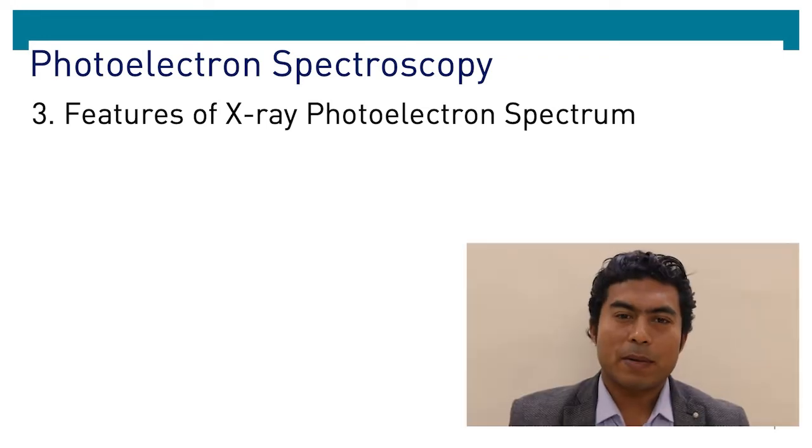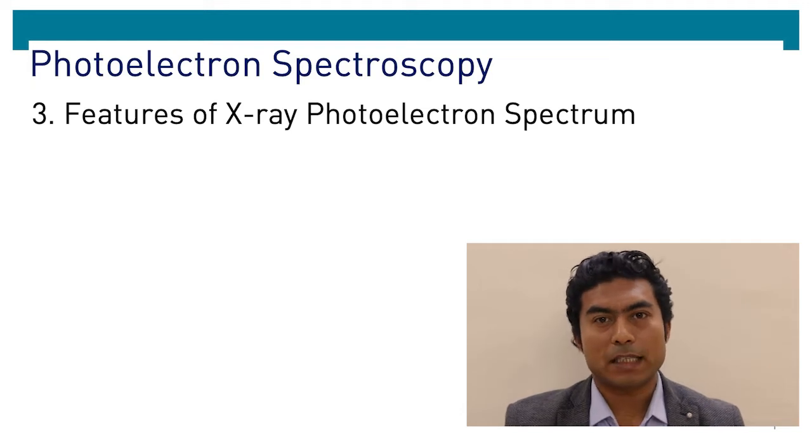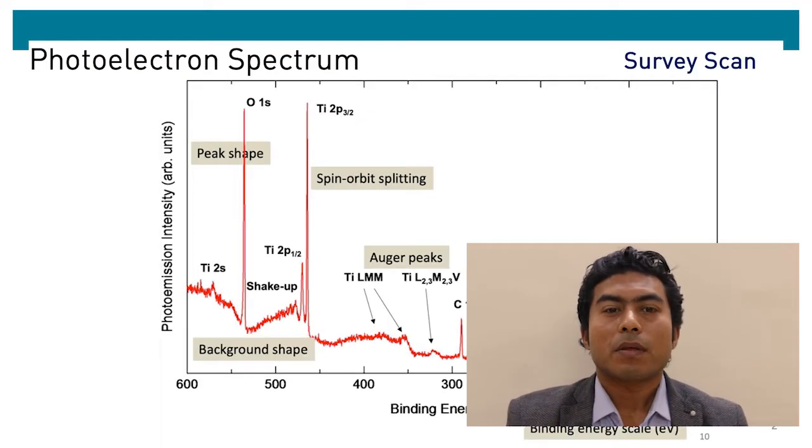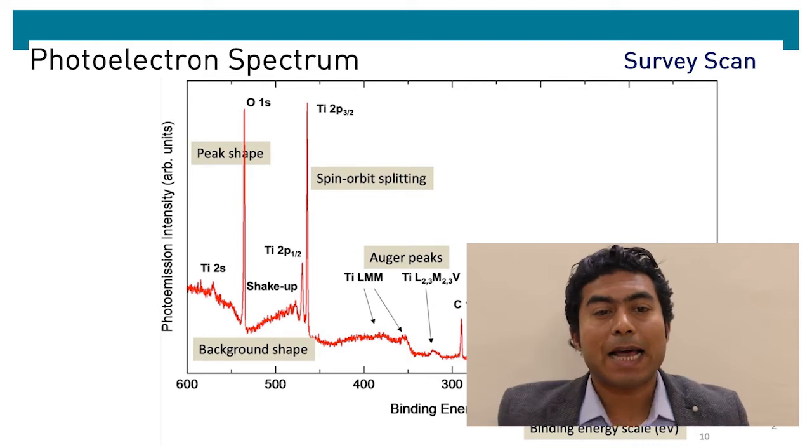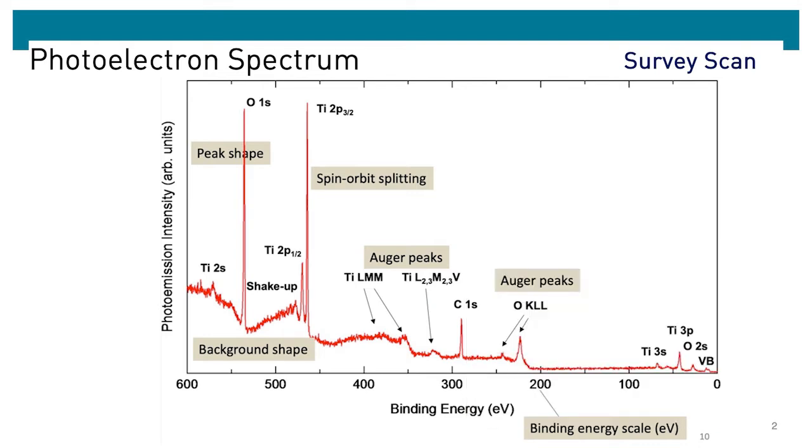We will now talk about various features that show in XPS. An X-ray photoelectron spectrum is generally recorded as two types of regions. When we record a broad range of binding energies with relatively larger step size, we call it survey scan. The survey scan helps us to identify all the elements and peaks and helps to identify if any impurities are